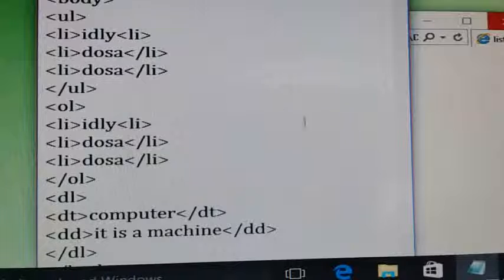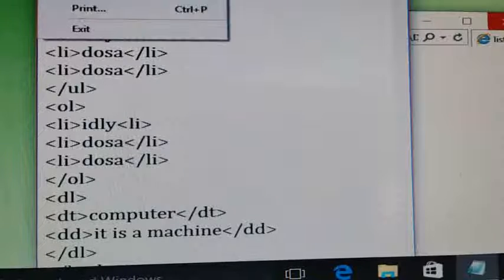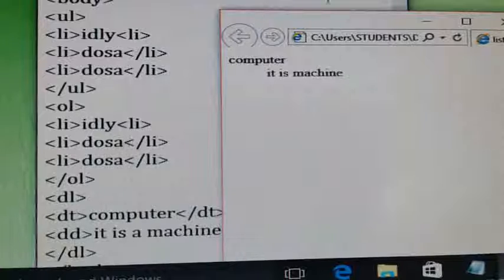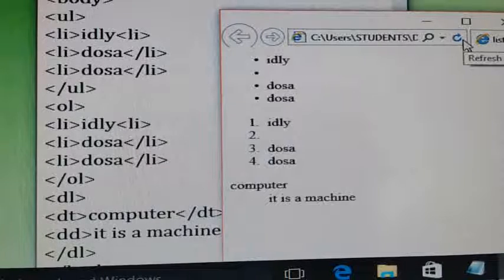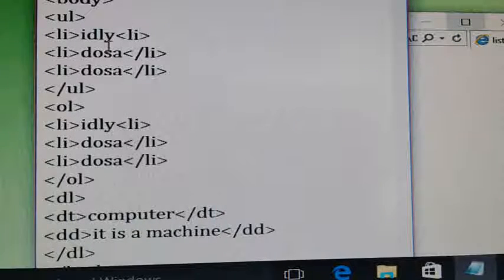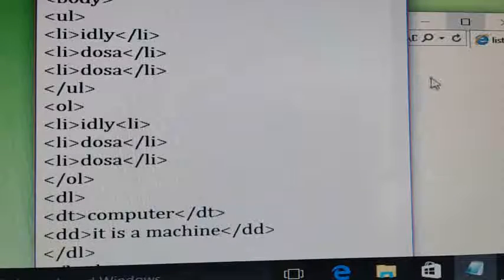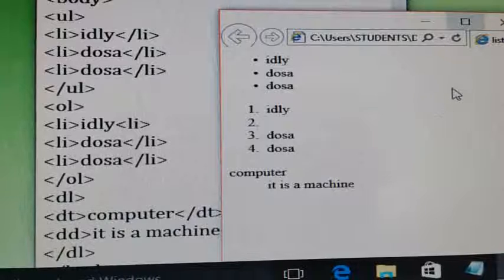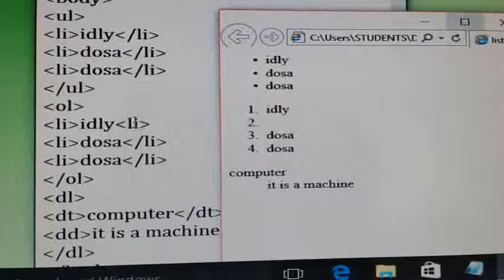After saving this, go to browser window, refresh this. See, three list items are added in a single web page. The first one is unordered list. See, here I have not closed. Now again save it, come to browser window. First one is the unordered list, second one is the ordered list, third one is the definition list.